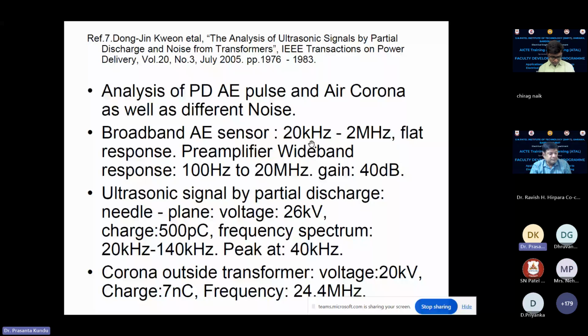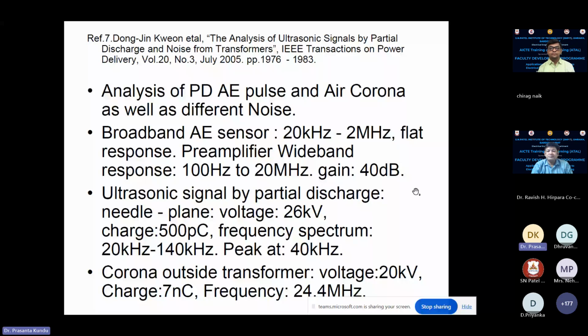Now, different cases we can have in the ultrasonic range, because it comes out to be more than 20 kilohertz, up to 150 kilohertz, so it will be a different ultrasonic range. So this peak in the needle plane will occur at 40 kilohertz, and corona discharge will have a different frequency where you're going to see the peak. Based on that, the measurement system is designed, and based on that, classification is also done. What is the frequency component?